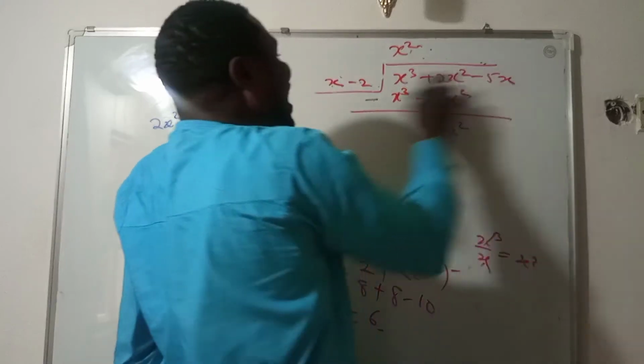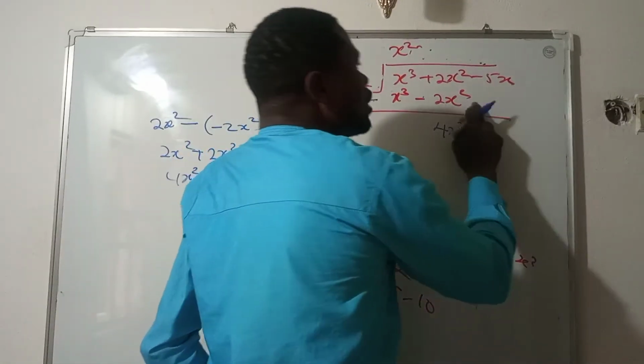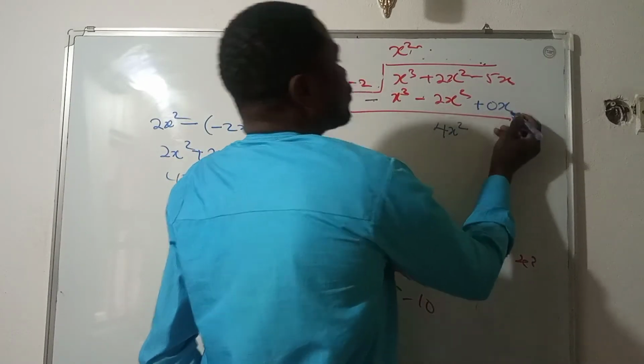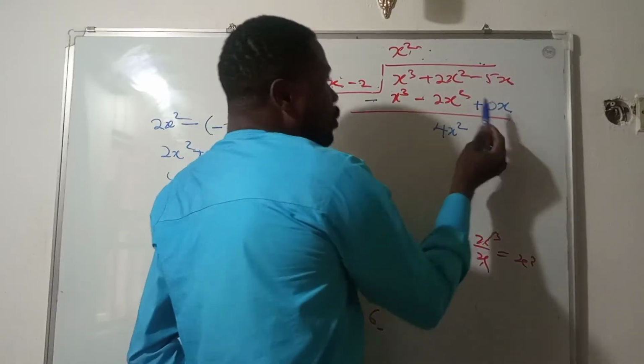And minus 5x minus 0. Why are we saying 0 here? Because on this line, there is no x. If I'm to bring in x, it becomes plus 0x. It becomes therefore that minus 5x minus 0. That will give us